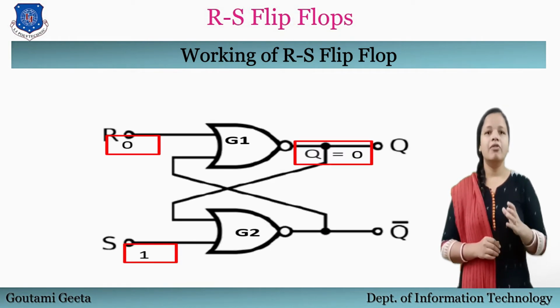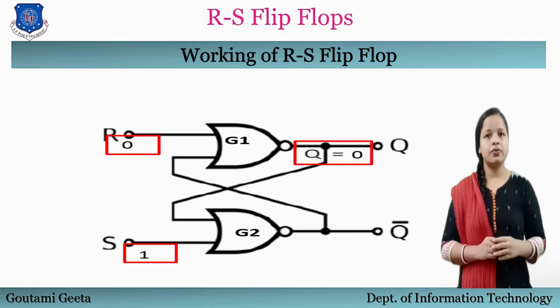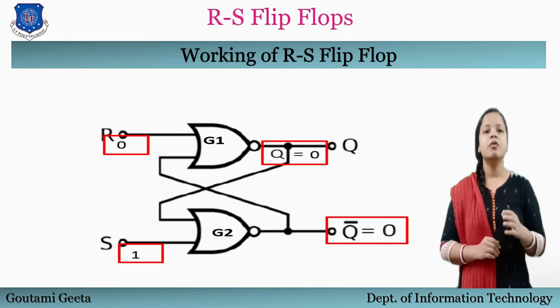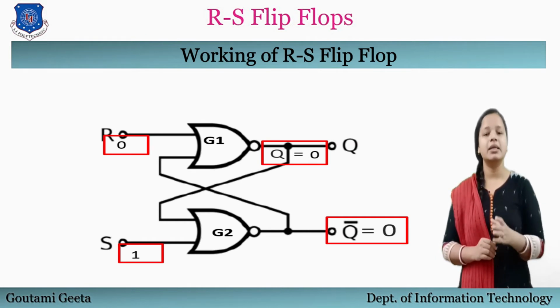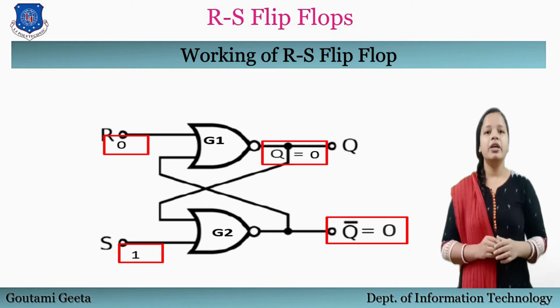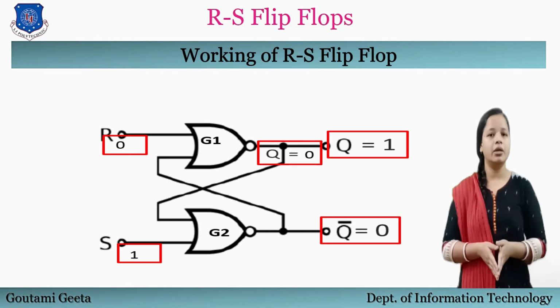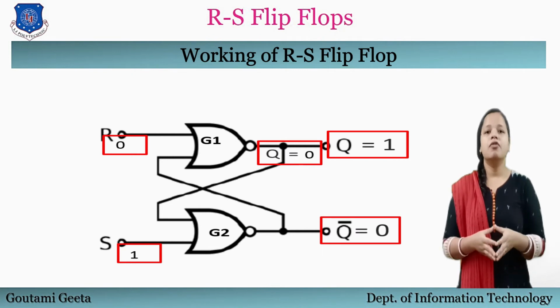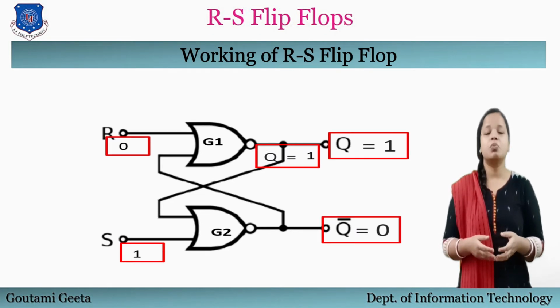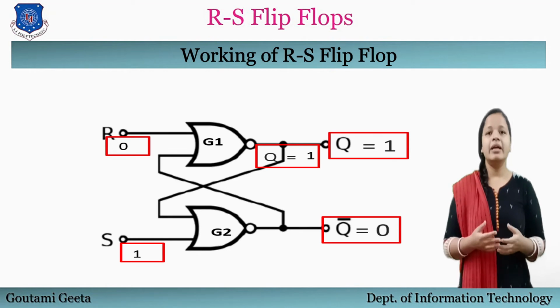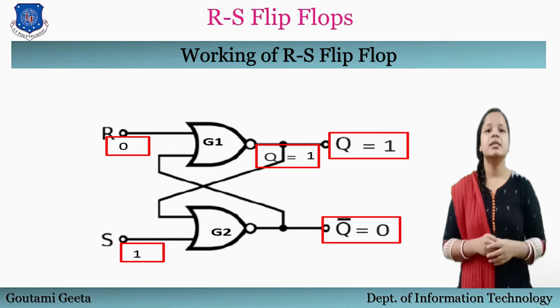When we have S is equal to 1 and R is equal to 0, from the property of NOR gate, again we can directly say whatever will be the second input at gate 2, we get output as Qn bar is equal to 0. And when we have Q bar is equal to 0, since both inputs for gate 1 will be 0, so Qn will be at 1. Similarly, output will be there for Q is equal to 1, that is previous state output will be 1, and this state of flip-flop is known as set state.